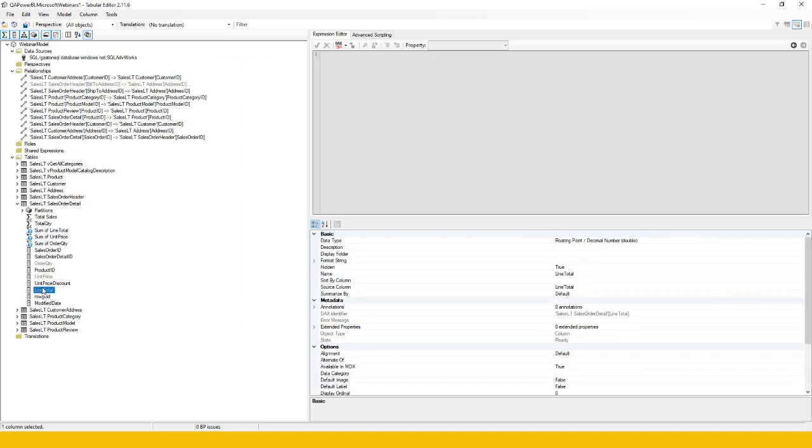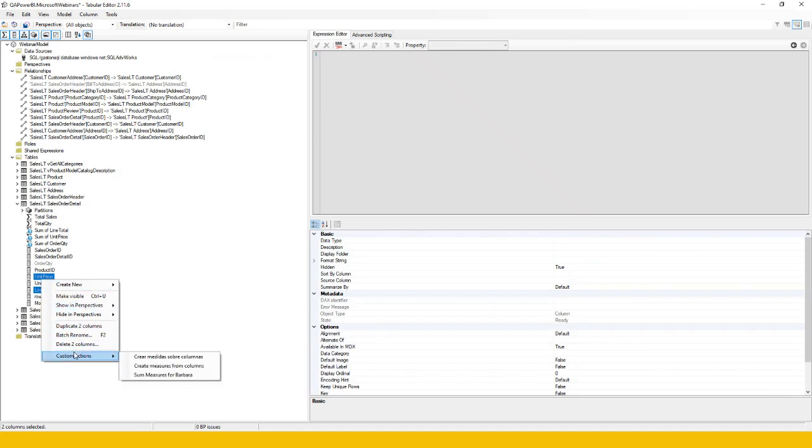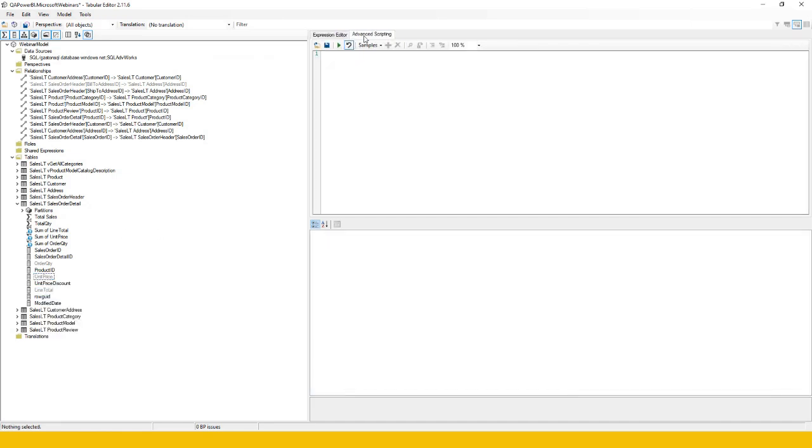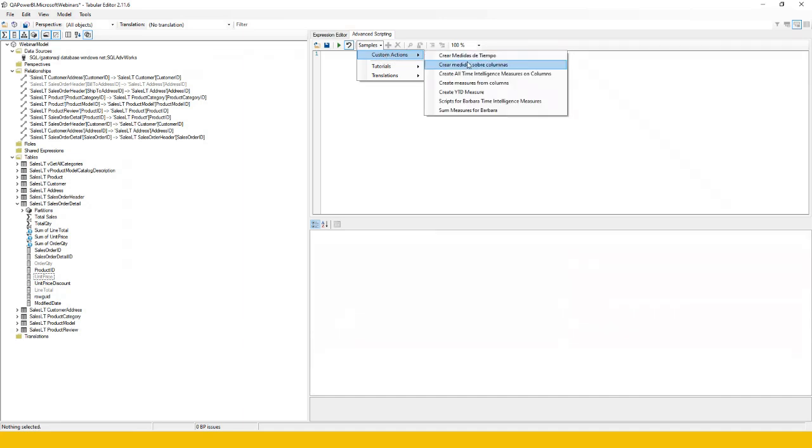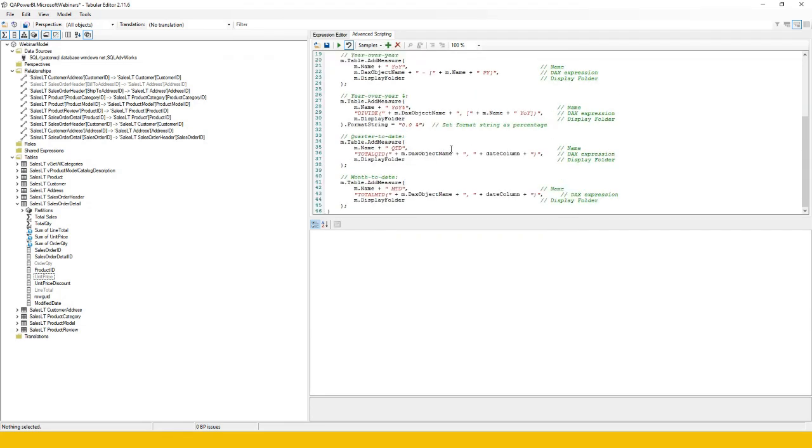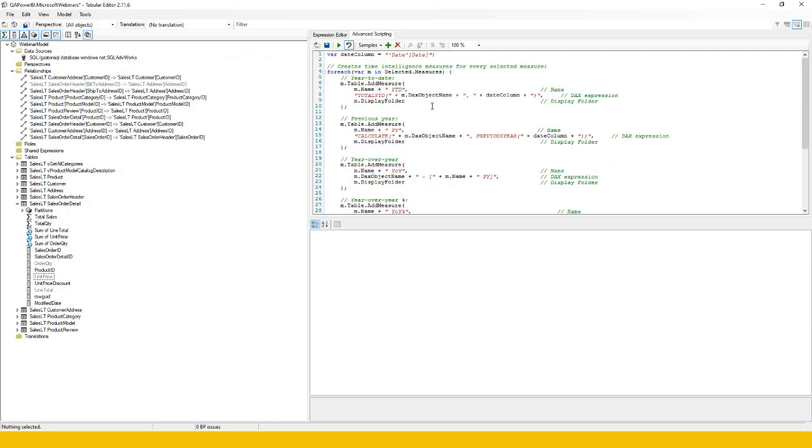Even if I click a couple of them right now and I go to custom action again, I can create different measures directly from here. And this is because I use this advanced scripting from here, and we have different templates, different options to create time intelligence measures and everything that we can bring directly on the fly from Tabular Editor, and we are writing those measures directly to my semantic layer using my XMLA endpoint connection, and we can save all these new measures directly to the semantic layer, and then our visualization team can reuse all those measures